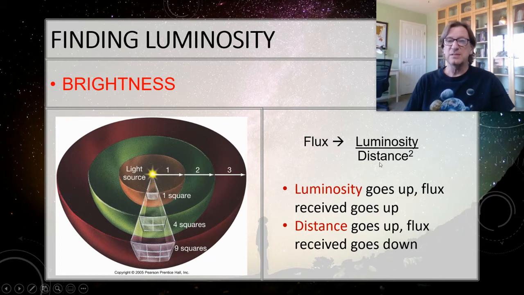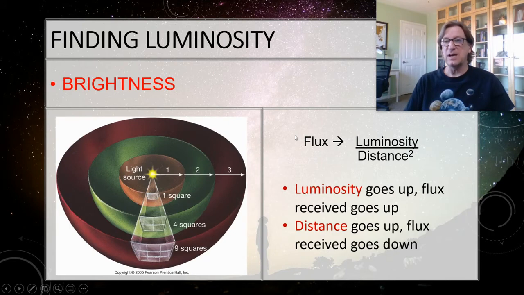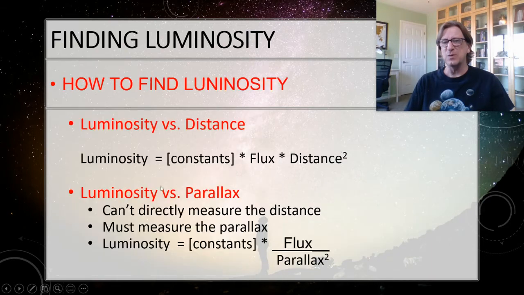So we've got this, and I want to solve this actually for the distance. So I'm going to move distance to the other side, and then I'm going to be left with the luminosity. So I'm going to have the luminosity is equal to the flux times the distance squared, and then to make it equal, it's not exactly equal, I need some constants in there. Let's see if that makes sense.